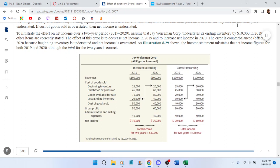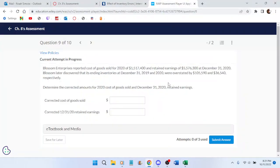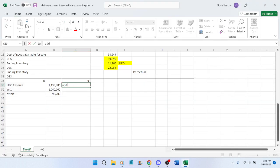So due to this understatement of 10,000, this amount is understated by 10,000. To fix it, you do the opposite. You add 10,000. So in this case, you do the opposite again because it's overstated. So you subtract this amount from cost of goods sold. So we actually subtract